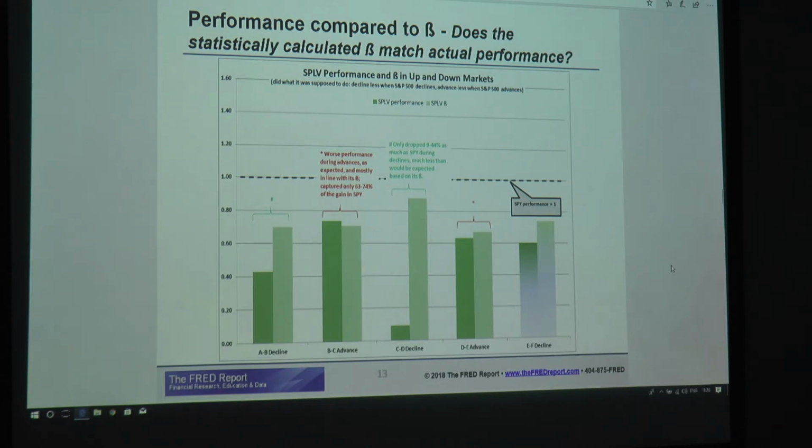The individual ETF companies, PowerShares, for example, which is Invesco, does SPLV. They're not allowed to provide you with the index data, at least not in the United States, but S&P will provide it, and I can arrange that if anyone's interested. But here's how it does. SPY performance versus the S&P 500,